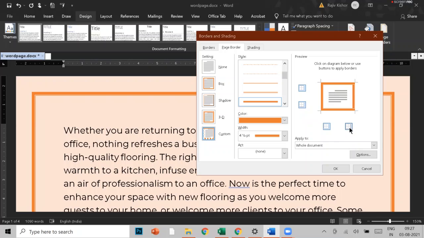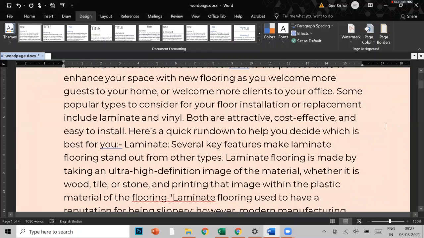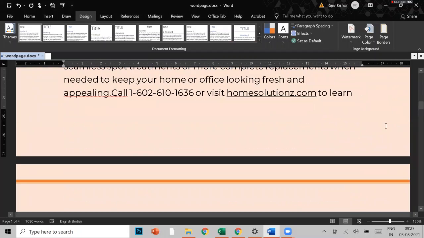I can again click on it to have it, or click on it to remove it. So, for example, this pattern you want, or you want only the top side of a border. Okay, so in this way also you can decide the side for the border. Now you can see it is coming only on the top side of both the pages.